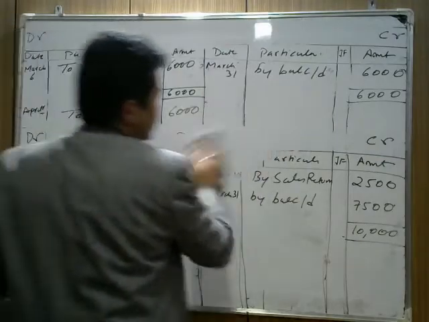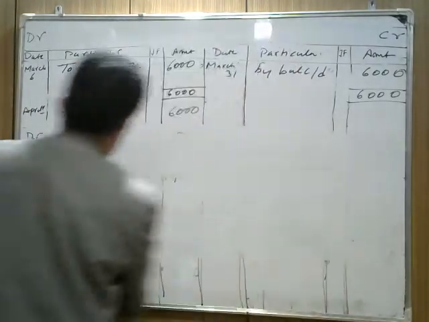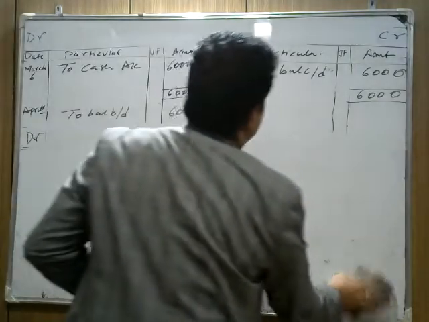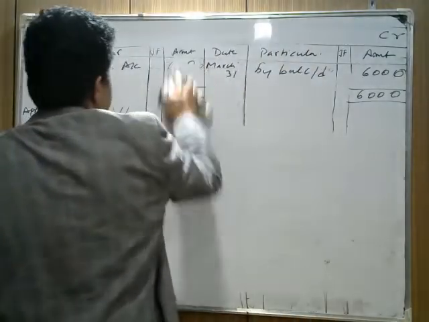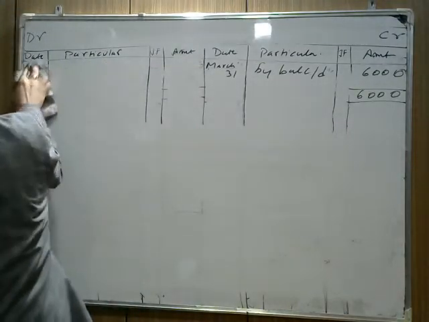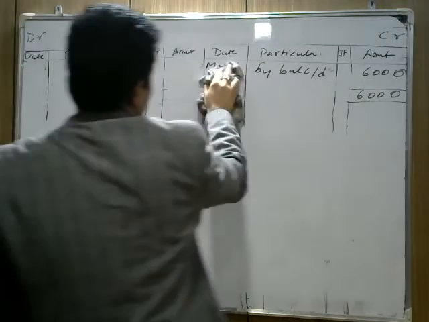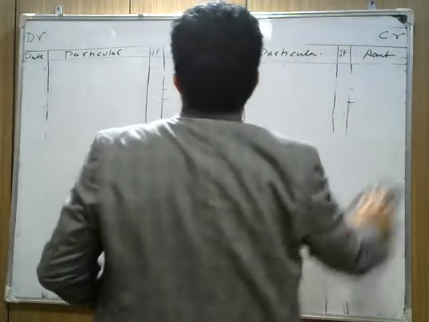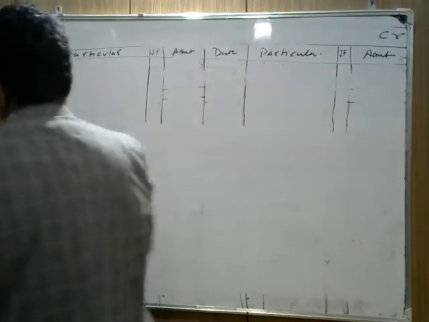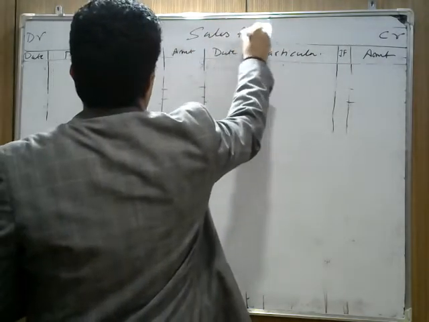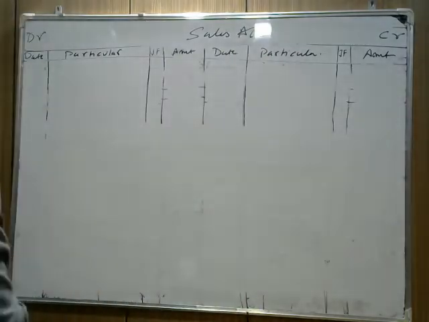Next account we prepare is the sales account. Now check where the sales word is there. All the transactions which are related to sales, note down those, because you already did the journal entry. हमने journal entry कर ली है. So we see the transactions which are related to sales now. We write sales account.